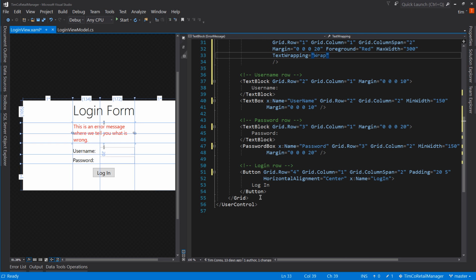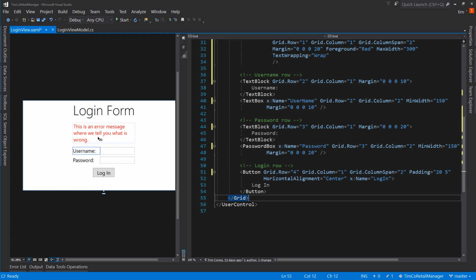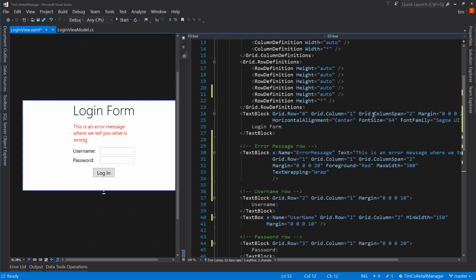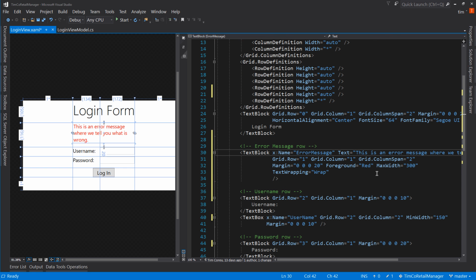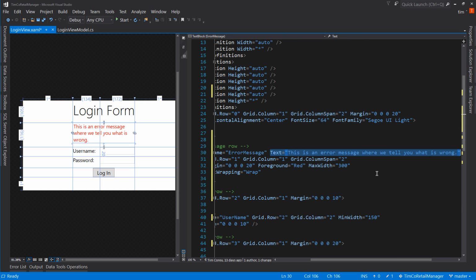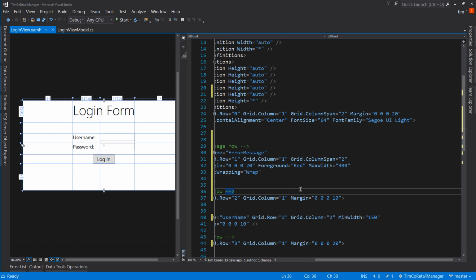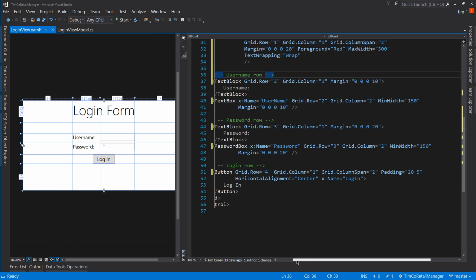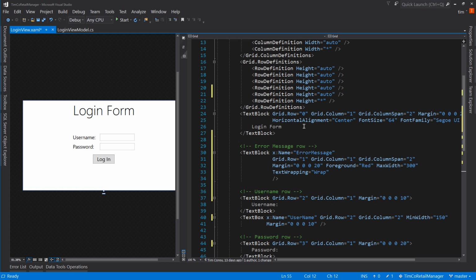So now what it's doing is it's going to wrap down to the next line, until it fills up the space that it needs. This is the beauty of WPF: it will fill the space that it needs, and it will contract away when it doesn't need that space anymore. So this looks good right here. I think I like it. So what we're going to do is wipe out this text property because this was just for testing. The actual value comes from the